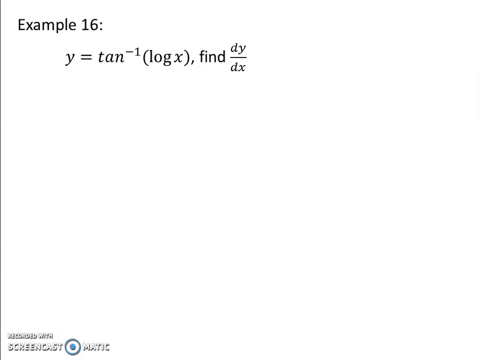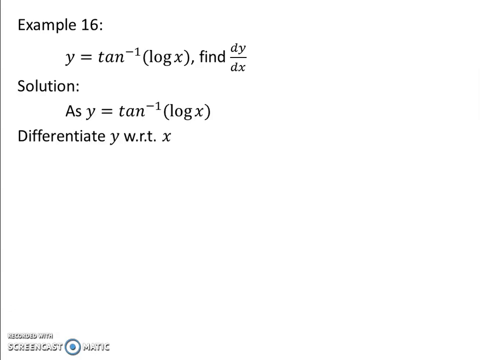If you observe, y is tan inverse of something. We know how to find the derivatives using chain rule, so we have to use that. Since derivative of tan inverse x is 1 upon 1 plus x square, the derivative of tan inverse something will be 1 upon 1 plus something square into derivative of something. So differentiate y with respect to x, dy by dx equal to d by dx of tan inverse of log x,